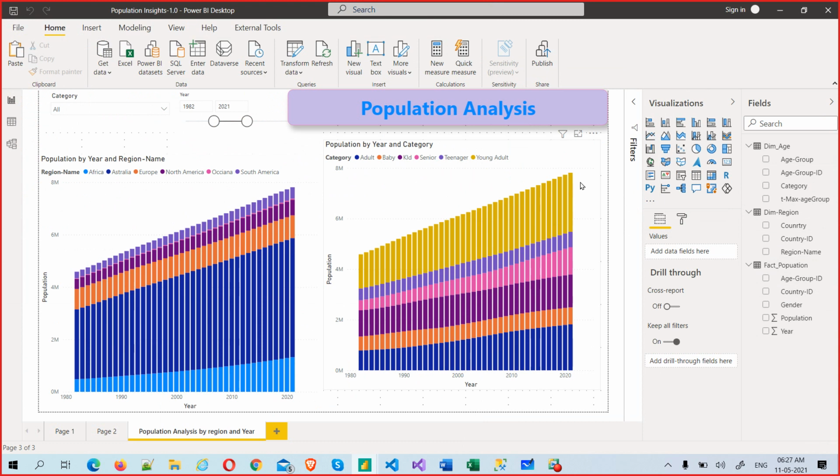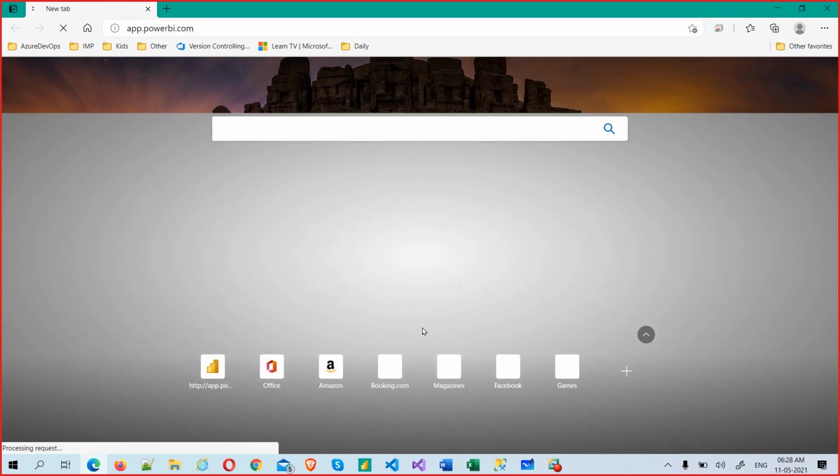Last time we published using the publish option, but now let's do it with a different option. The second option for publishing is app.powerbi.com.